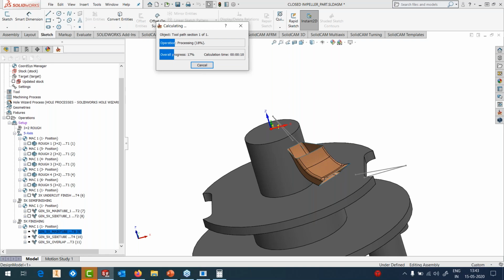Can this part be cut from a solid block? Of course, you can. The first 5 toolpaths are basically 3+2 roughing toolpaths that I've done to open the pocket in simple 3-axis, but +2. And then I've done a 3-axis undercut finish because some areas are still undercut. I don't want to do 5-axis there because they're too small an area to do 5-axis. Apart from that, everything else is